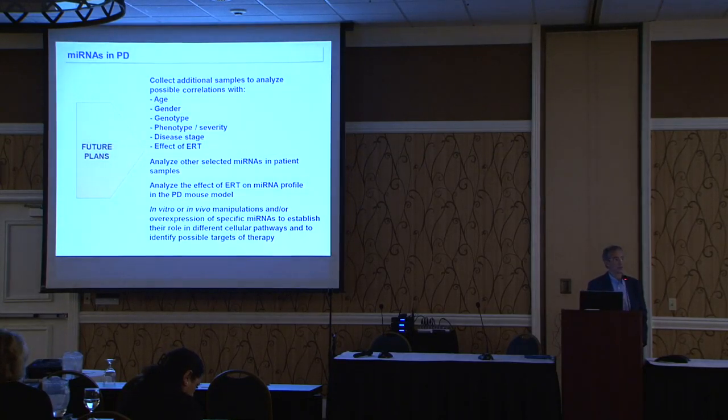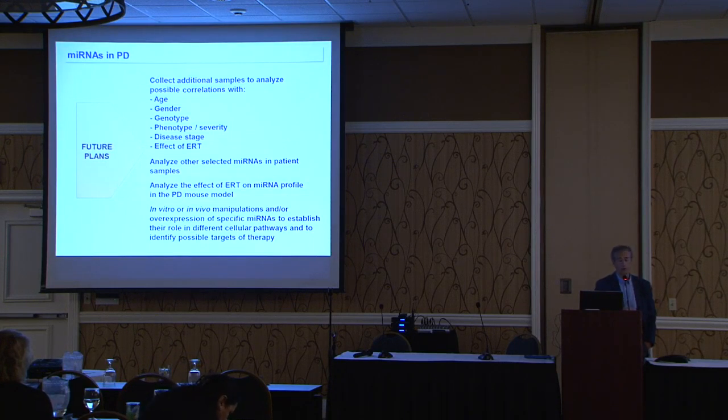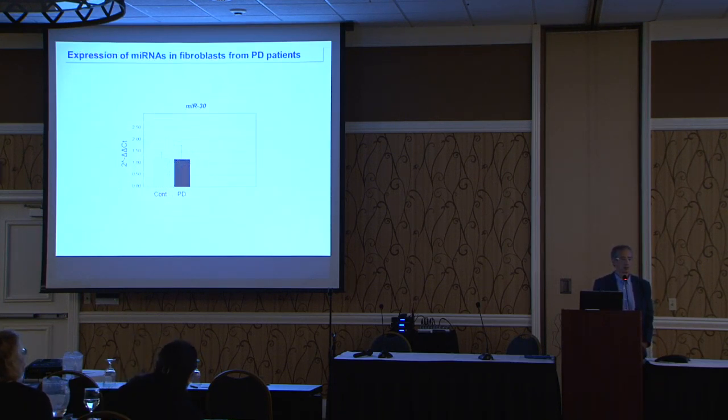And perhaps we can, in the future, try to generate some systems that we can in some way manipulate, either by stressing the system or overexpressing one microRNA. Just to give you an example, we did something in fibroblasts. I know that fibroblasts are not the best cell line to study, but they can easily be manipulated. These are control and Pompe disease cell lines under basal condition. And if we starve the cells and we look at mirror